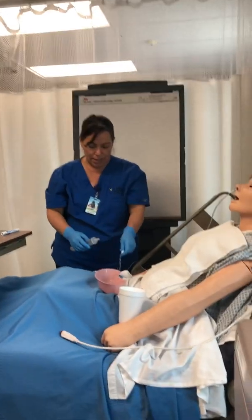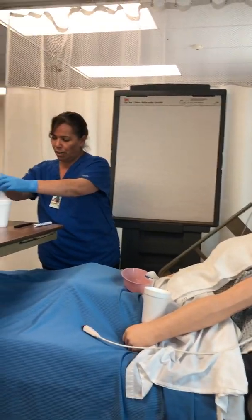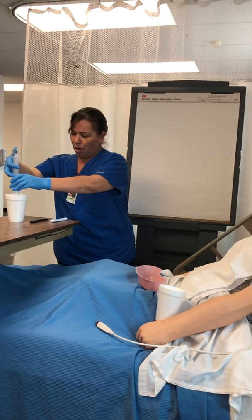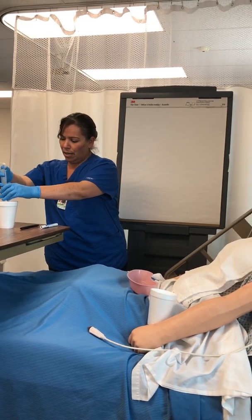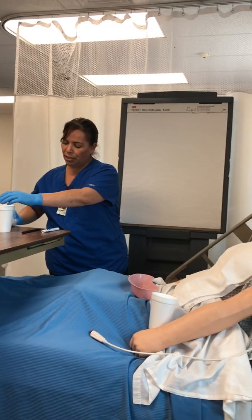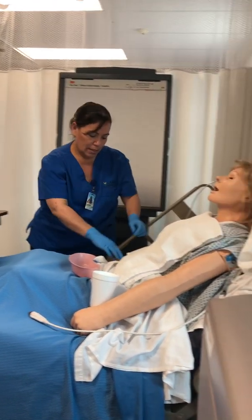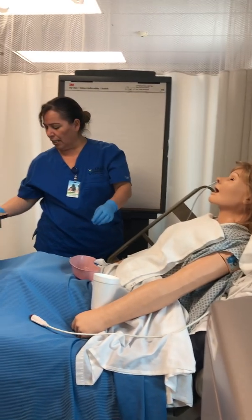Okay. And then you want to do this so you can check for amount, color, and quality of return. So the pH is good. Okay, so now you proceed